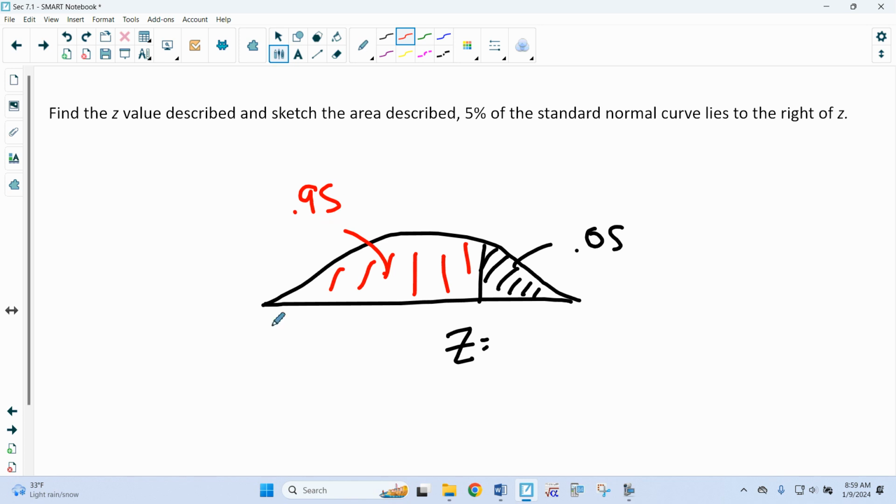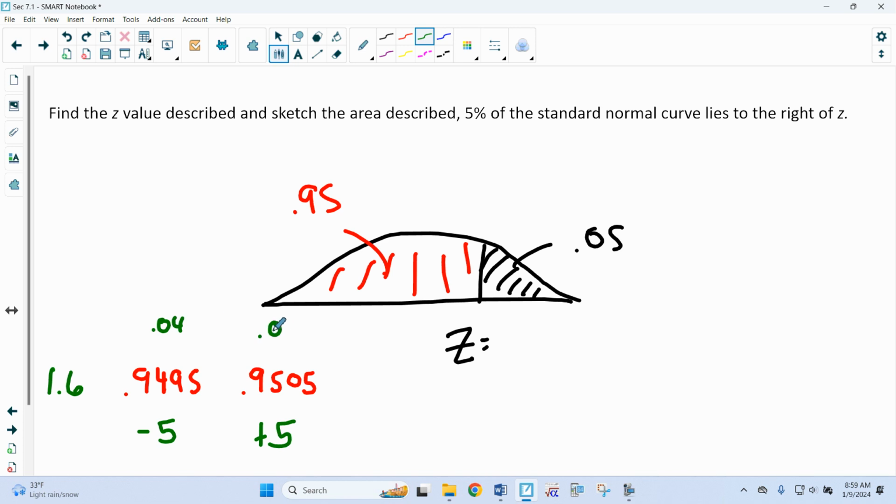So if I look for 0.95, I get this. I get 0.9495 and 0.9505. So what happens is this is under by 5, and this is over by 5. And I am at 1.6,